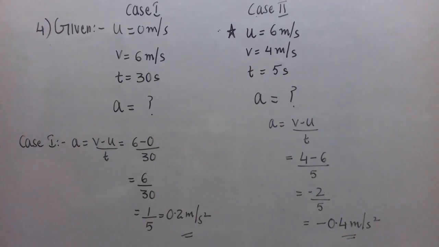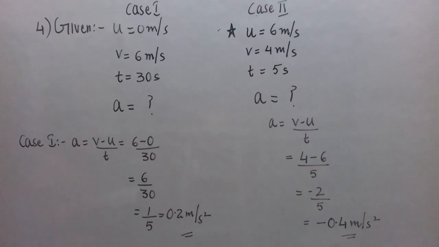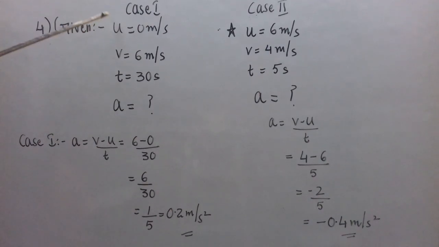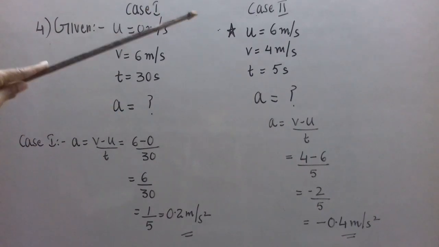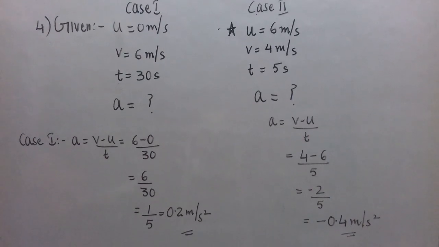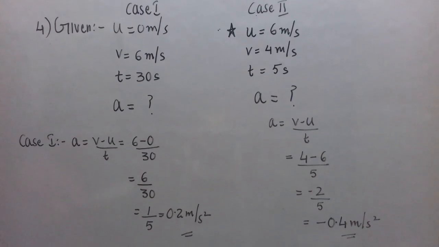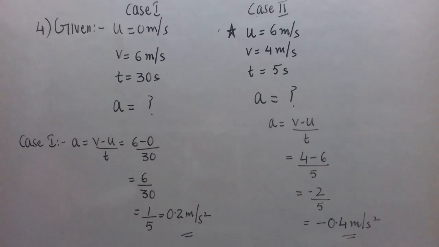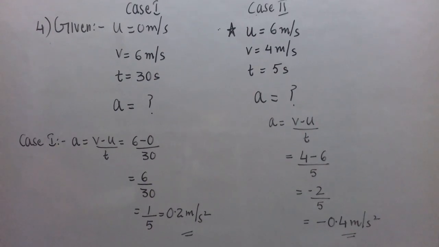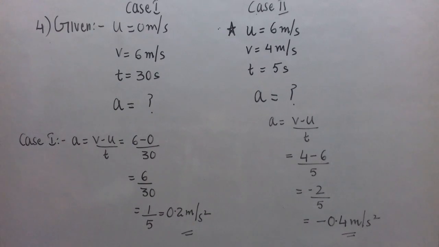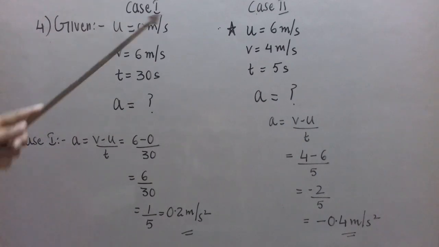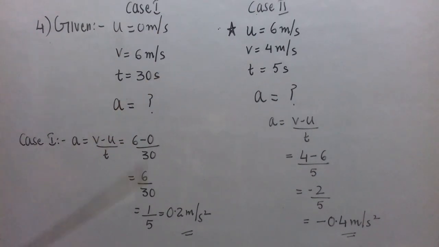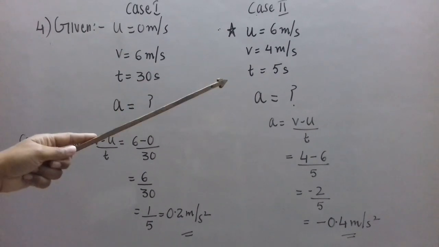Then they have written, then he applies brakes. As we have read the question initially, we know there are two cases. So I have written here case 1, where we have to find acceleration. And now case 2: then he applies brakes such that the velocity of the bicycle comes down to 4 meter per second in the next 5 seconds. Here, if you don't read the numerical properly, you will not understand it properly. For this, time is 5 seconds. Velocity comes down to 4 meter per second. It means the final velocity is 4 meter per second.